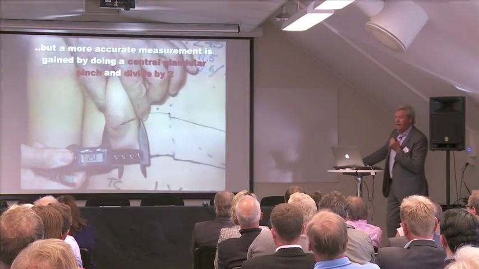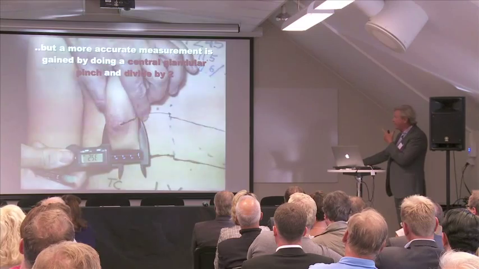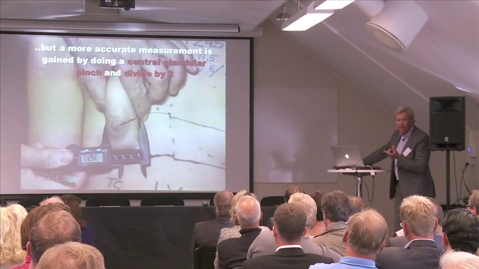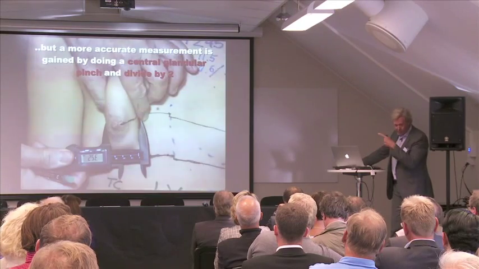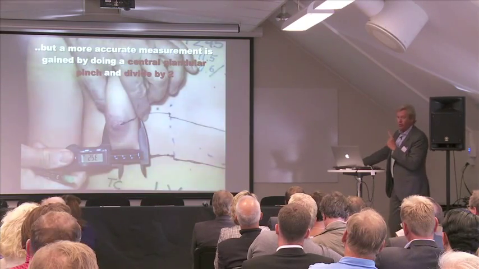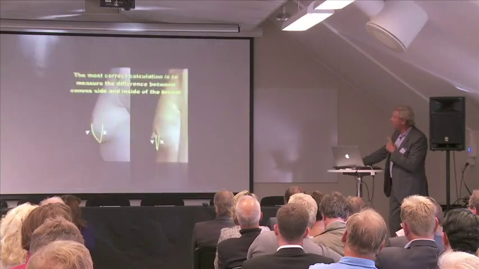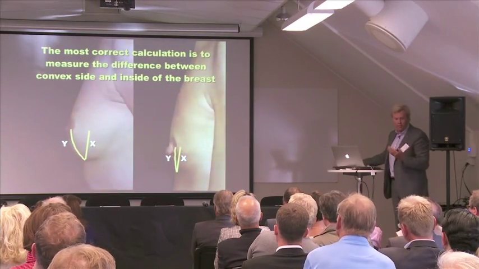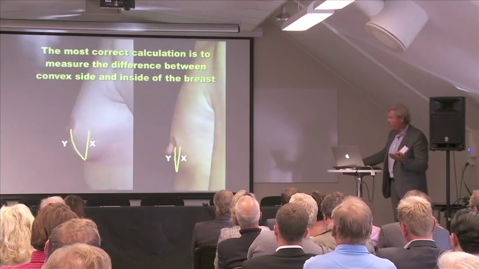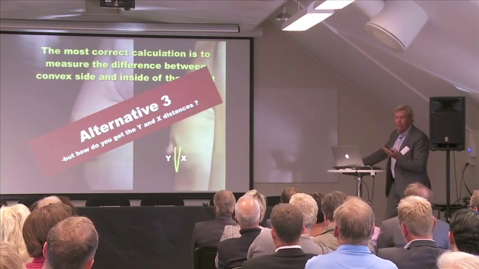Now that's not a very accurate way. A better way is to take the central glandular pinch and divide it by 2. But if we think of it in a mathematical way and triangular arithmetics, it's not perfectly correct. So actually what you want to know is the difference between the x and the y here. The question is, how do you do that preoperatively, which is your third alternative in planning how much you add